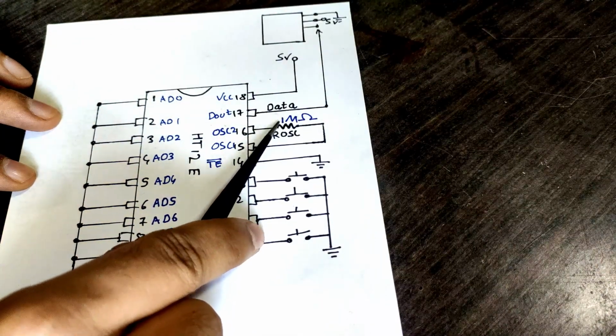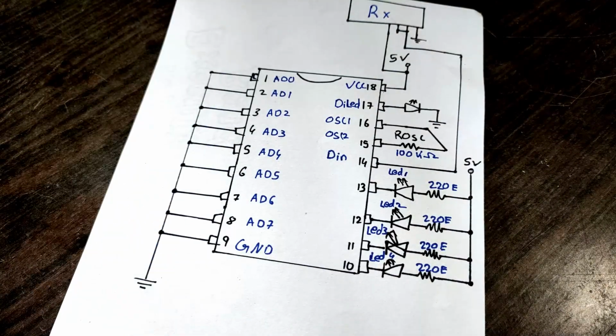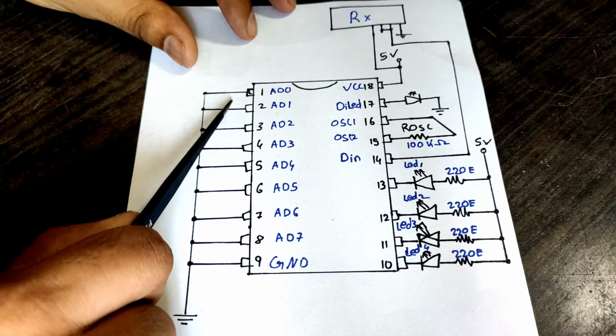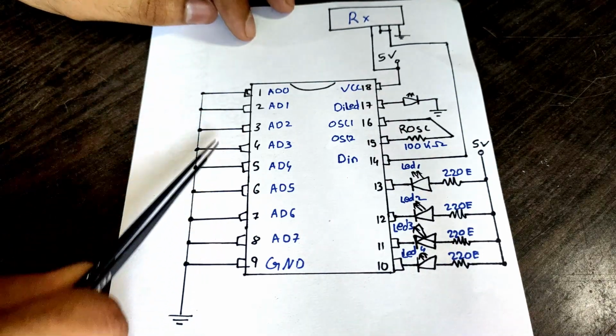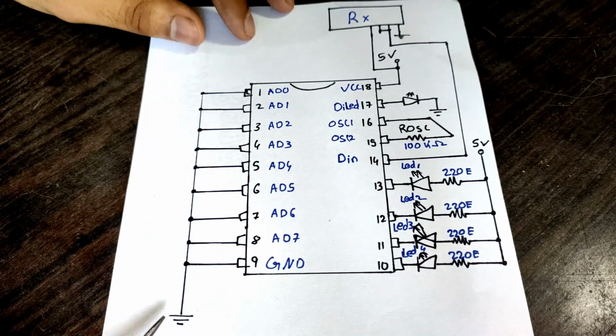We will use the value of 1 mega ohm for the oscillator resistor. Now onto the receiver side. The pins of the ST12D are kind of similar, like the address pins are from 1st to the 8th pin, which we will connect to ground along with the IC ground pin to match the address of the transmitter.